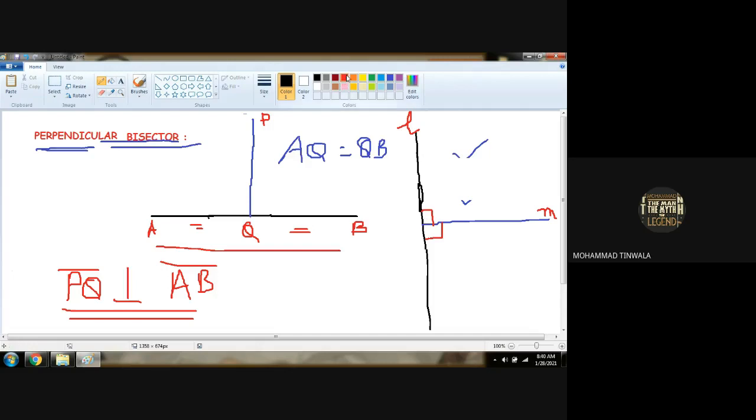Even a perpendicular line forms 90 degrees. A perpendicular bisector also forms 90 degrees only. There is no difference in that, only the direction. This is known as perpendicular line. This is known as perpendicular line. But this cannot be said to be a bisector. Understood? A bisector will be in the center, meaning a perpendicular line only, but it is always in the center of a baseline. Is that clear, boys? Yes, sir, we got it.